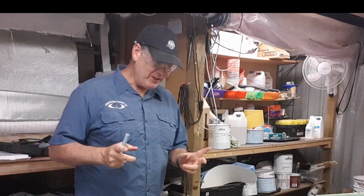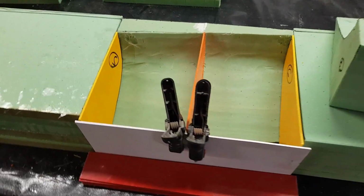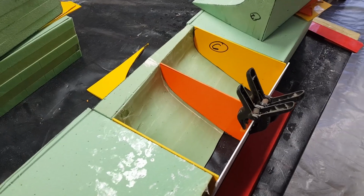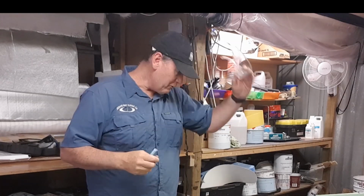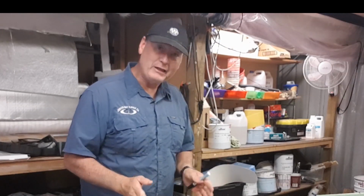Now I'm probably overthinking this, but to make some jigs that I can just overlay over the foam as I'm shaping it seems to me to be a sensible decision. By doing that, I'm going to get a higher accuracy than I had earlier on. Now the first goes at it was all hand shaping, put it in place, lift it off, put it in place, lift it off. I know the shapes are correct now, so if I can make a jig off them,